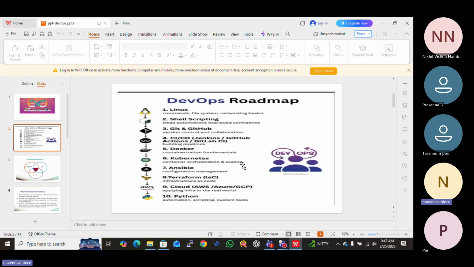Then GitLab. What is the purpose of GitLab? CI/CD pipeline, Jenkins, Docker, Kubernetes, Ansible, Terraform, cloud platforms, and an introduction to Python. This is our roadmap. If you completely understand every tool, you can run a complete pipeline.